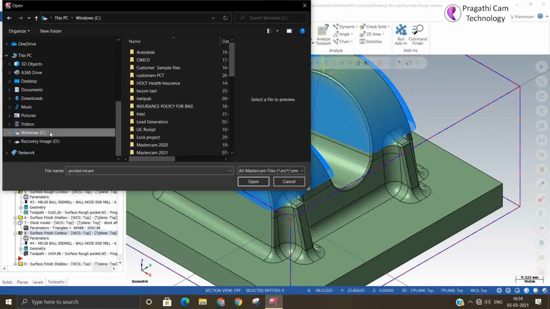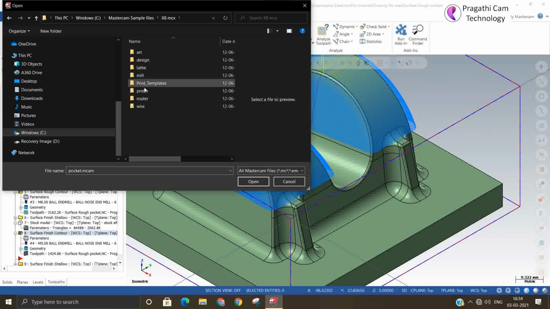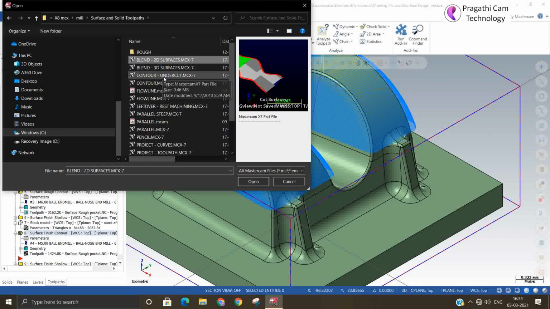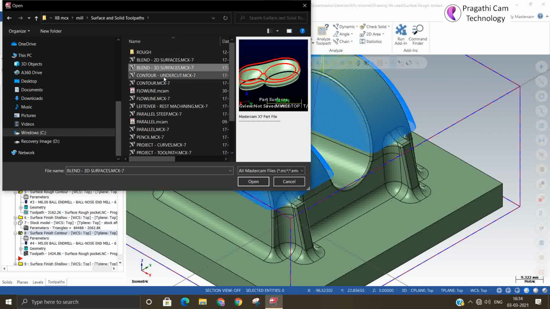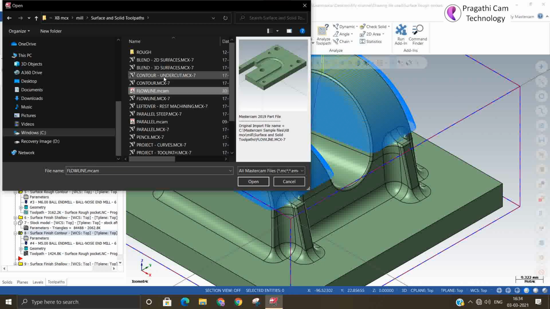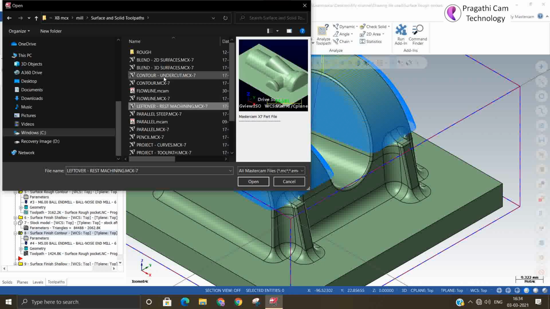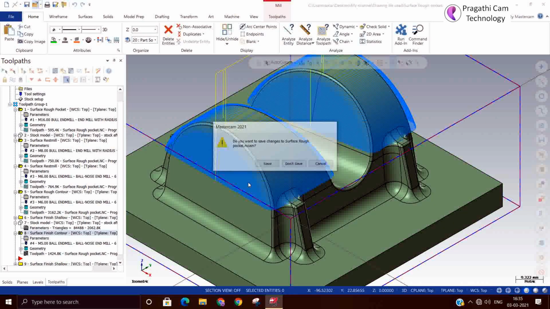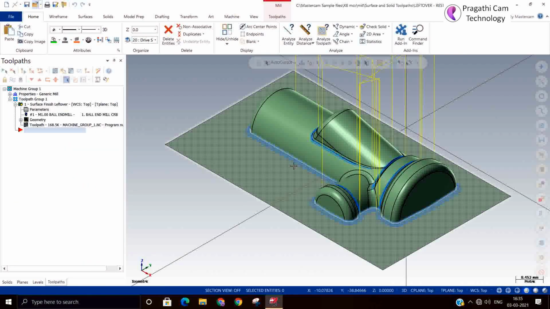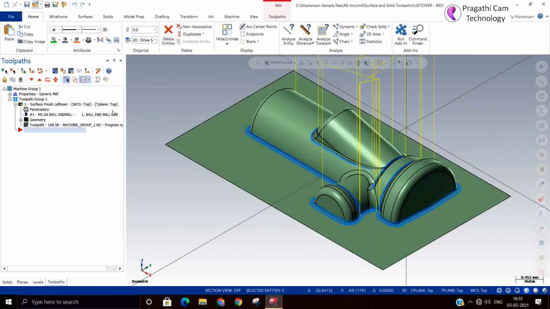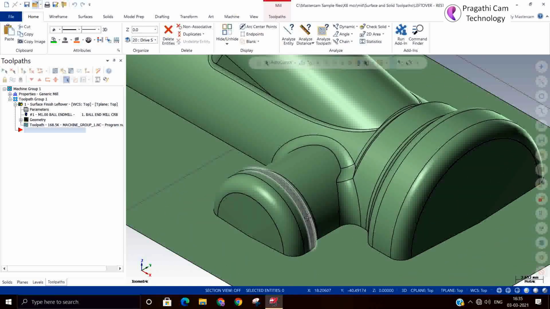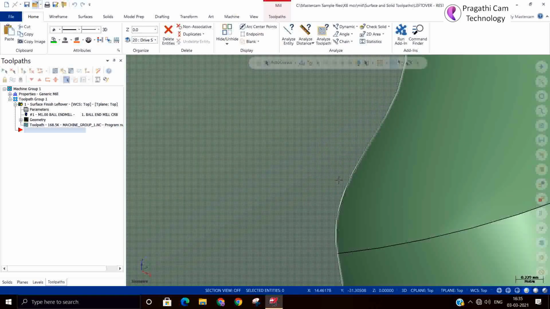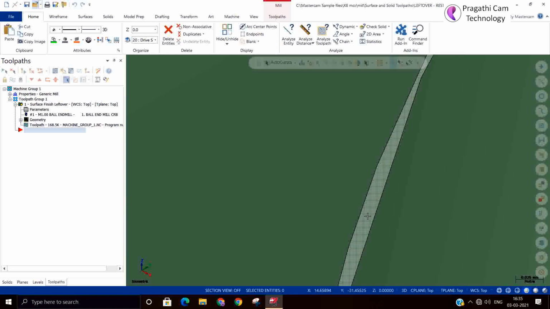So now I'll search for a suitable example to help you understand this particular thing. You need a surface model, because only in a surface model can you understand how this gap in the surface looks. If you see from the outside, it looks like everything is fine, but when you zoom in, you can see that there is an intersection and a gap.